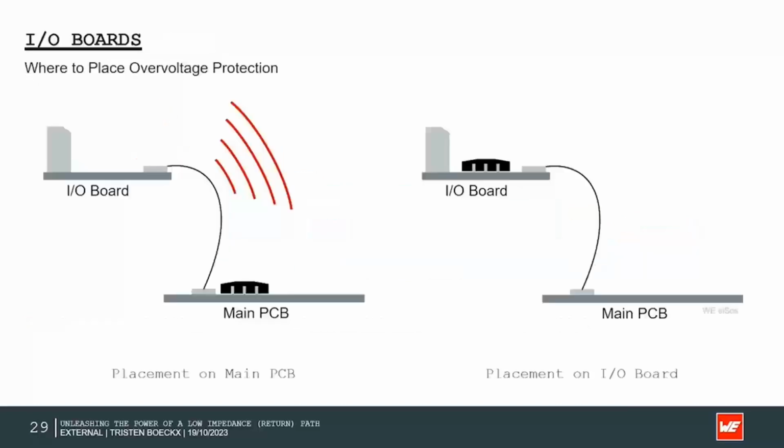PCB. If we then look at the following setup with an I/O board that is connected to a main PCB, it's important to place the ESD protection near the I/O board, so the disturbance won't flow through the cable and won't generate any noise. If we then have a look at EFT, or electrical fast transient, which is a well-known problem in EMC,